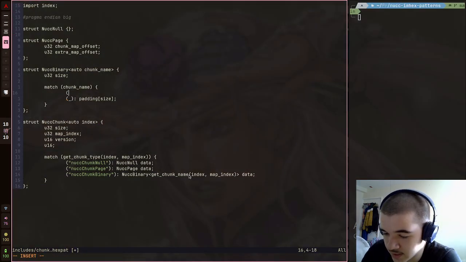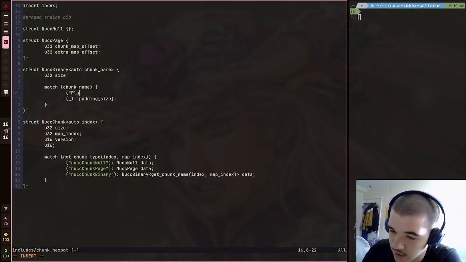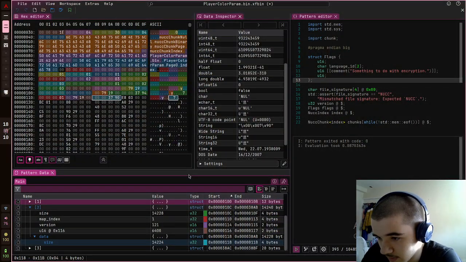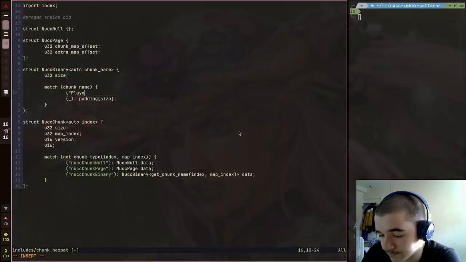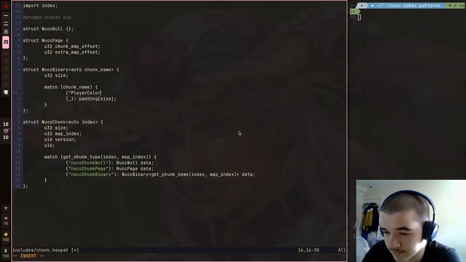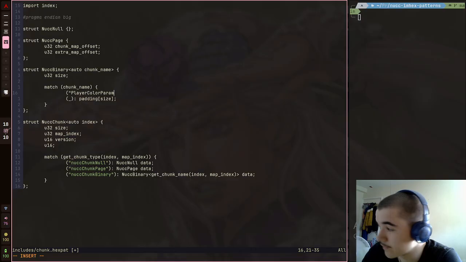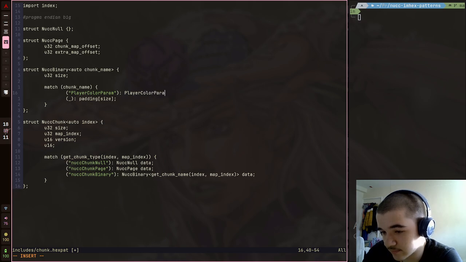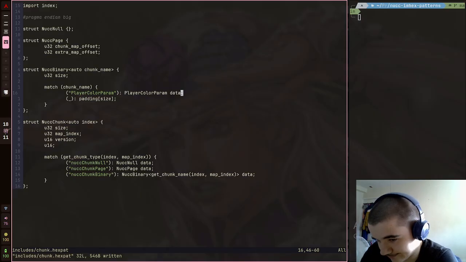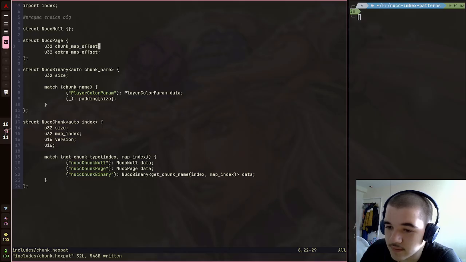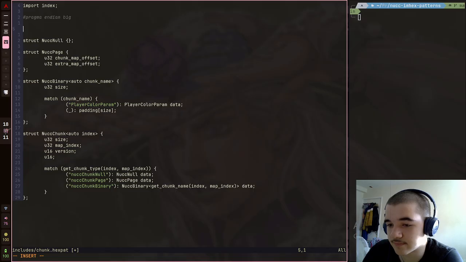And I'll say if it's NUCC, no. If it's player color param, right? Player color param. The path would also be useful, but I'll get on that later, I guess. If it's player color param, then create a player color param struct called data. Alright. So I have another struct, player color param,